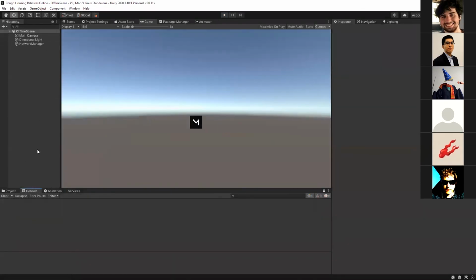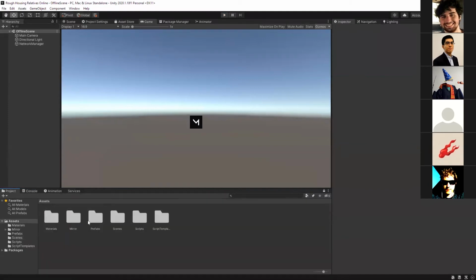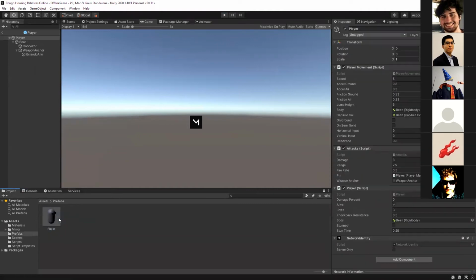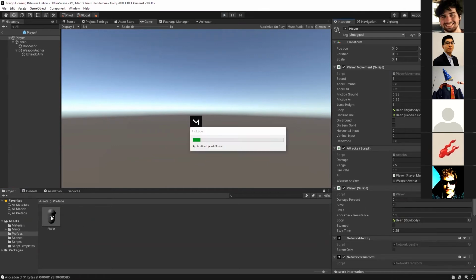And we go to our player object prefab, and we're going to add some new components. This is going to be the network. And I'm actually going to double click the prefab to see the hierarchy.